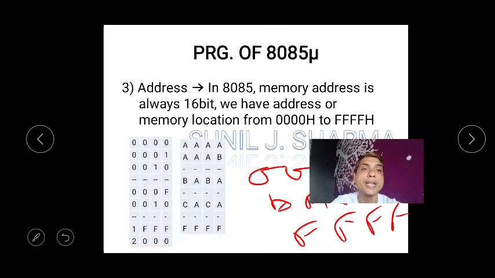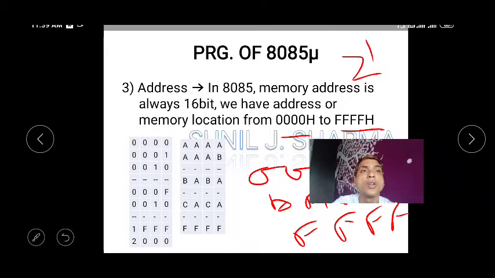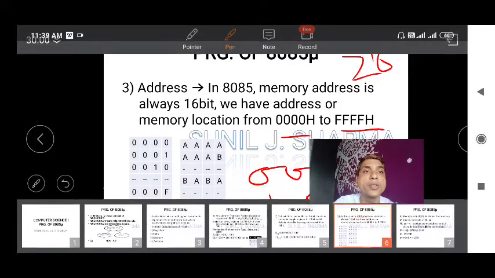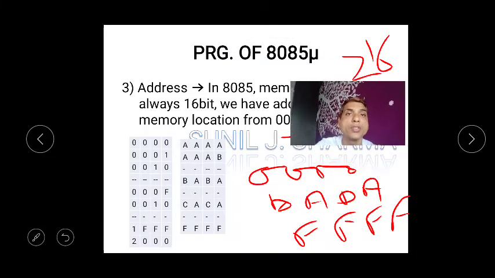So this is your minimum limit, and this is your maximum limit. Whatever the memory addresses will be there, I think it comes around 64 KB, or 2 raised to 16. Whatever the number comes, that is your memory address in 8085. So I hope you understood